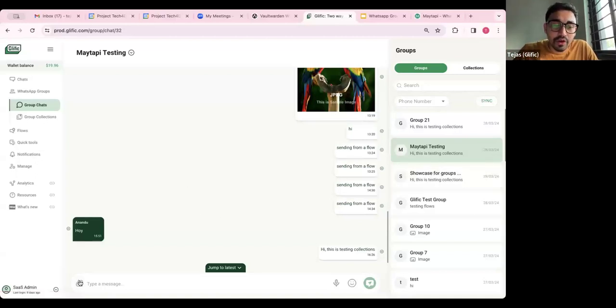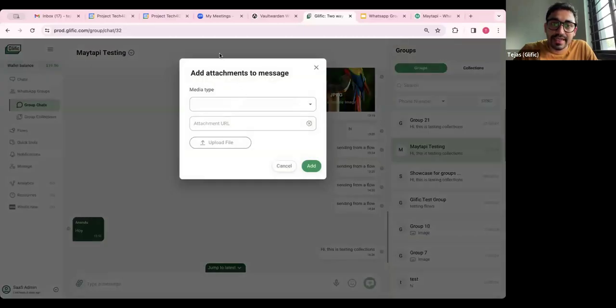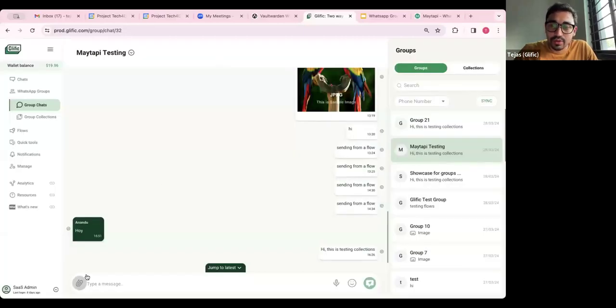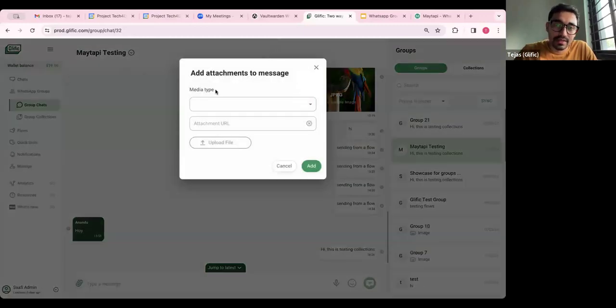The same thing can be done for sending media messages. In the same way, I can send it. Obviously, in this case, we can't directly upload an attachment. We have to use a Google Cloud storage account, but that's a caveat we can get into at a later point. The idea is the same.